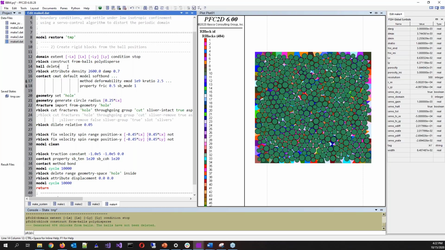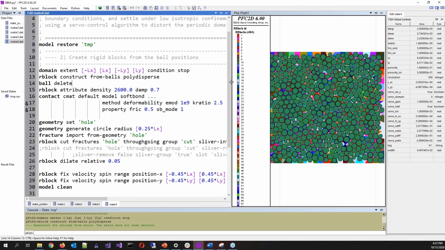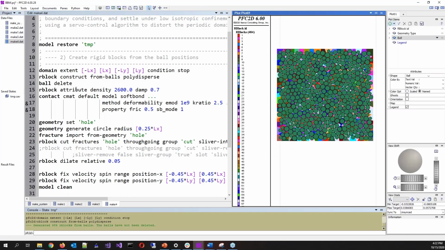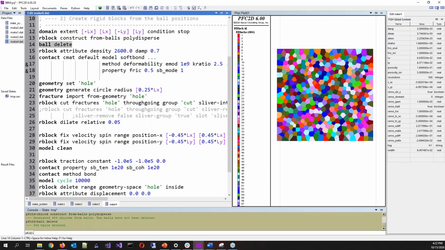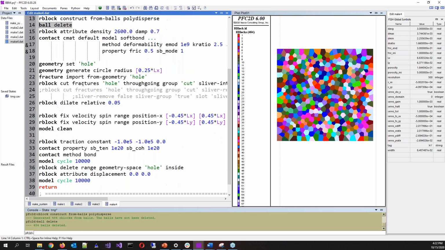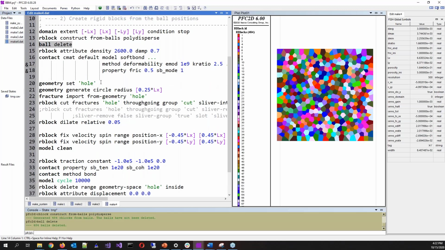Then in this case, what we can do is delete the balls that have been used to generate the tessellation. Then we also again set density. We tell PFC which contact model we want to use. And in this case, we're also creating an excavation in the middle of the system. So here we use geometry objects. We generate a circle, and we turn this geometric object into a set of fractures in PFC. So if I execute everything up to there,